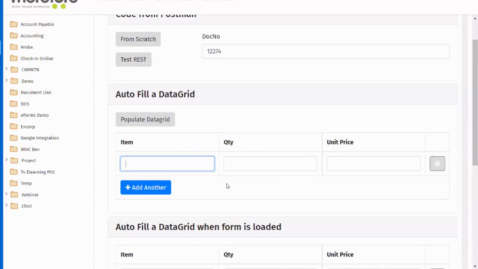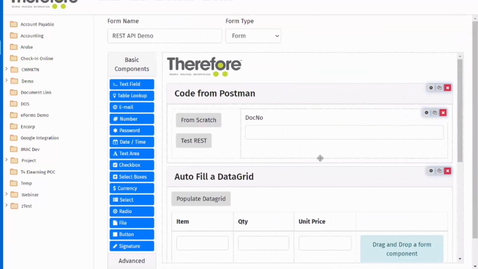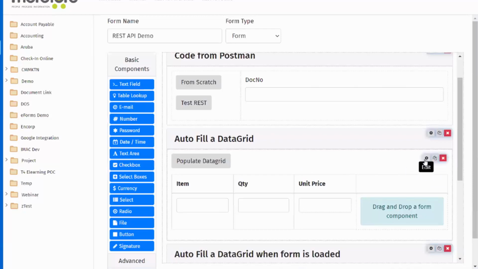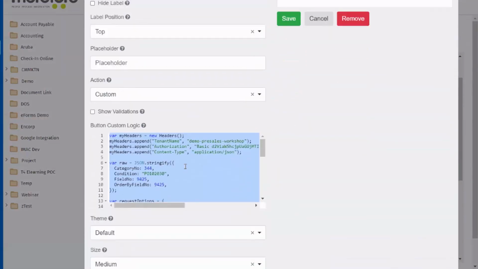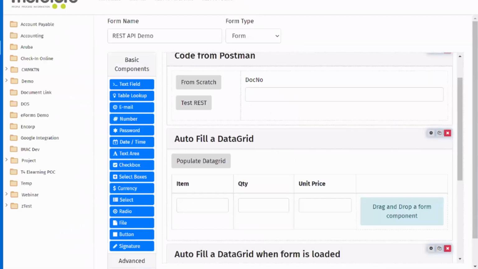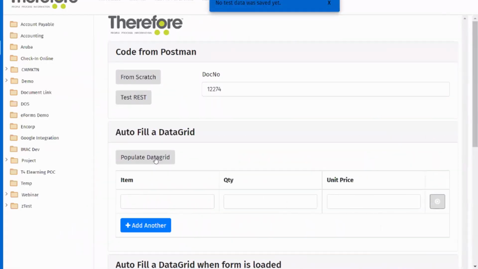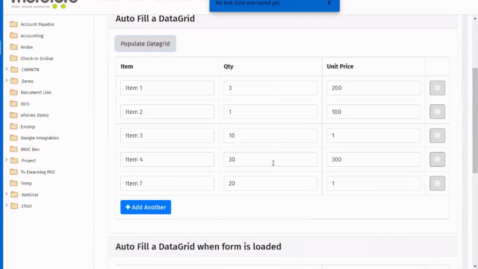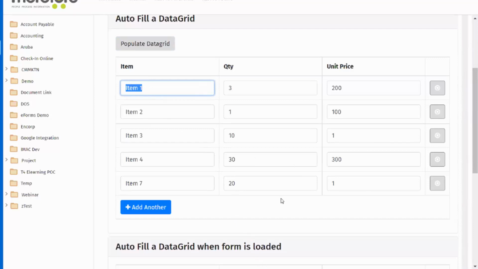And I'll show you a very simple way to populate a data grid using code similar to what we performed before. Okay, let's go. So here is the code I want to show you. It's already prepared. First, let me show you how it works. So you see it working. I just populate these fields with my